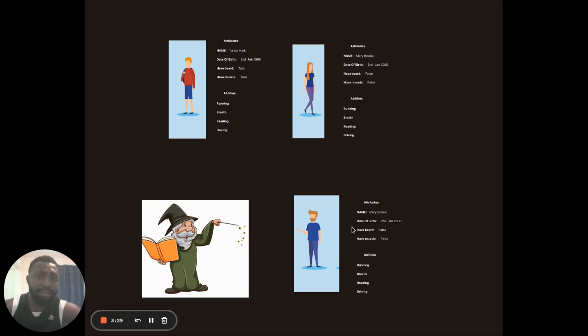But when you keep doing this, before you get to a million, it'll take a long time. And I think what you also notice is it's quite repetitive. You're repeating what you do for each human being. You created its head, its hands, its stomach, its legs, its limbs, and then you give it a name, a date of birth, whether it has a beard, whether it has muscle, whether it can run. All these things you're doing for each human being can be repetitive and time consuming. So ideally, I think this way wouldn't be the best route in creating all these human beings.